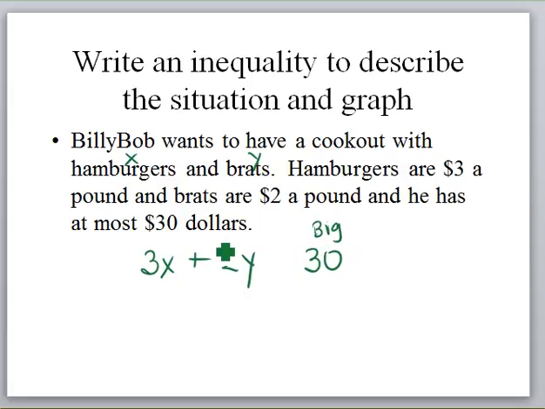I can't spend $40 because he doesn't have $40 to spend. So this one has to be the bigger number. It could be less than or equal to. So this side, the amount of money I spend can be less than $30 or equal to $30, but not more. What I'm going to do is I'm going to take this inequality, 3x plus 2y is less than or